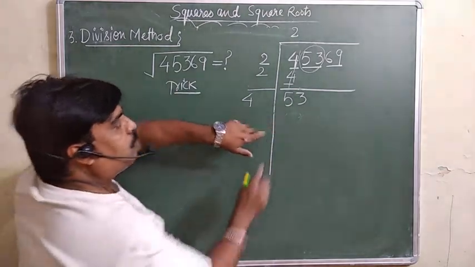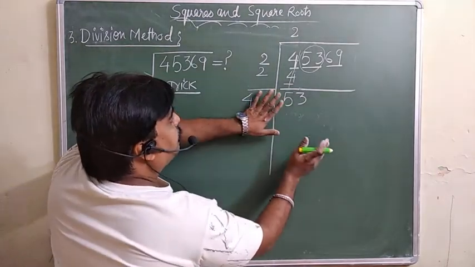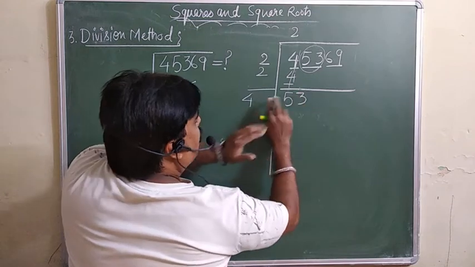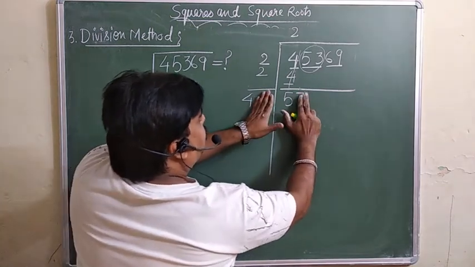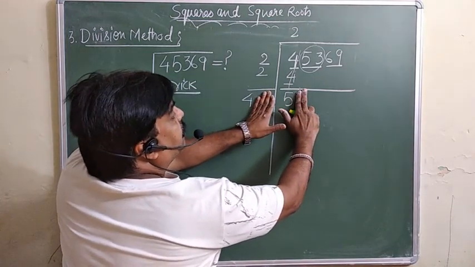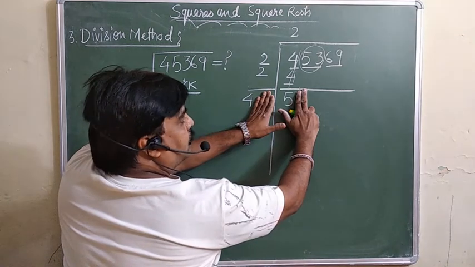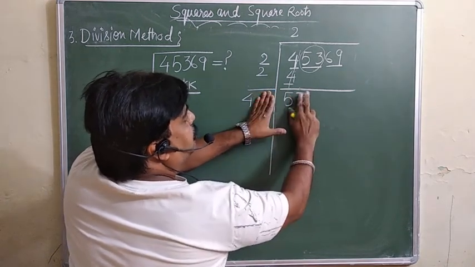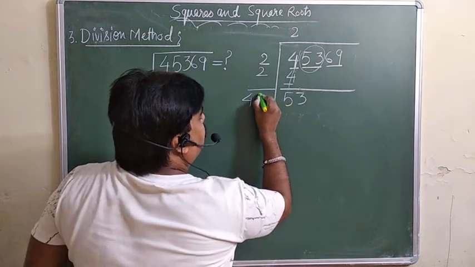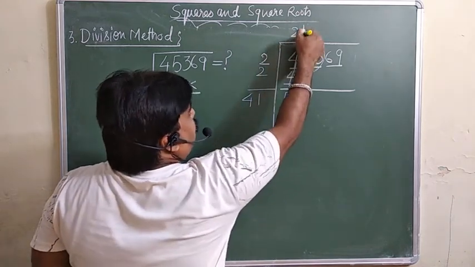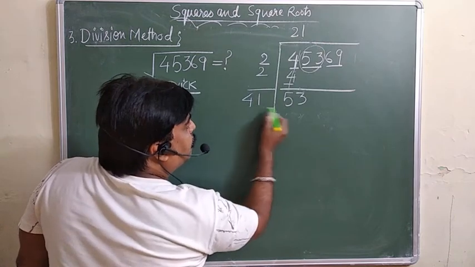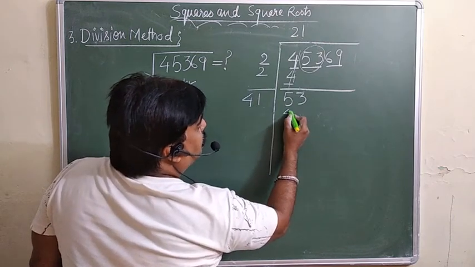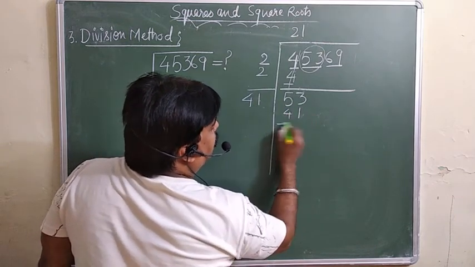For that, what will we do? यहाँ कोई भी एक digit आएगा. For that, you must hide this first digit. यहाँ जो digit आएगा उसके लिए first digit को hide करिए. Then divide 5 by 4. 4 1 जा 4. So one time approx you can divide. This 5 is approx one time divisible. 4 1 जा 4. So it means here may be the 1 and 1. By this, you are supposed to multiply these two numbers and write down here. 1 into 1 and 4. This one, 41 you will get.